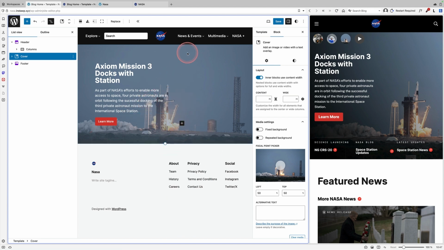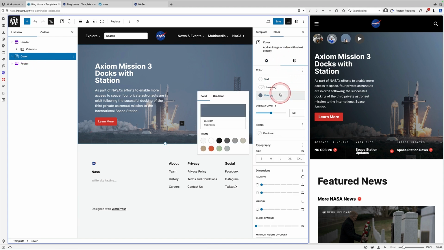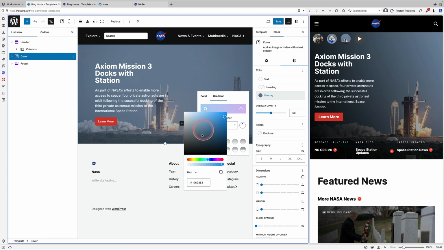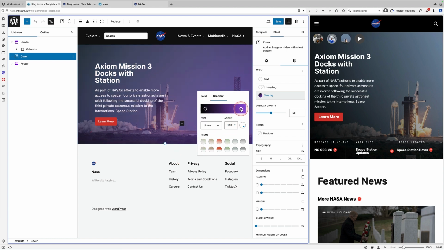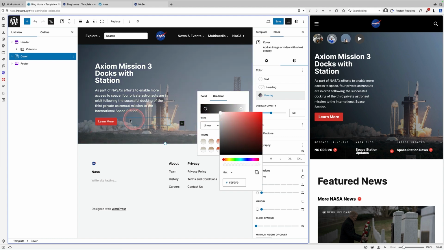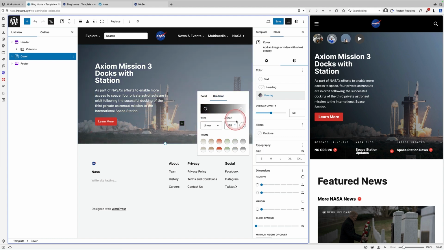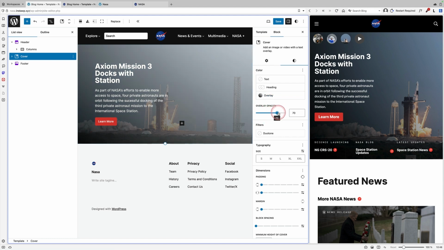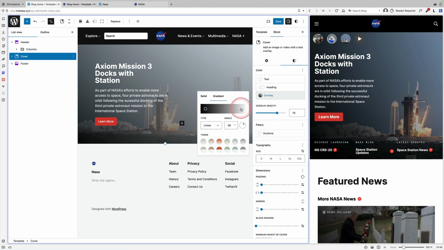And then the final thing I wanted to add is this overlay effect here. So make sure you have the cover block selected, come to styles, come to overlay, come to gradient. This is where you can set your gradient and the angle of your gradient. So you have these color pickers here, left and right. So I want this one down here to be very dark, and I want this one over here probably to be white. And you can see I have this nice gradient effect going on now. Now I can change the angle of my gradient here, and I can also change the gradient overlay. So I might not want this to be completely white in the top.